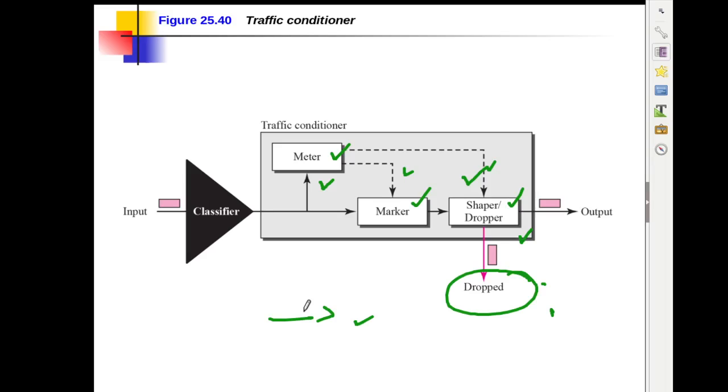Okay. So now we have seen integrated service and differentiated service. Along with that, we have seen